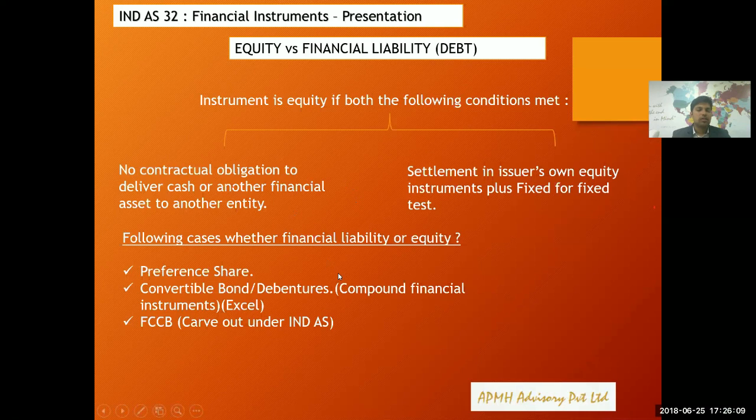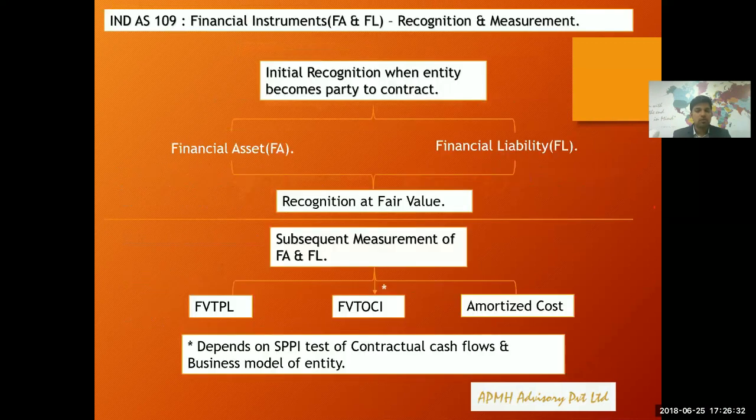So these are the classifications in Indian GAAP. These were either equity or financial liability. None of these were bifurcated into equity and financial liability based on their characteristics. But now IND AS requires you to do this type of thing. So this will become a separate challenging task for a company to do. Of course, it will have a hit on some key ratios also. Now let us see